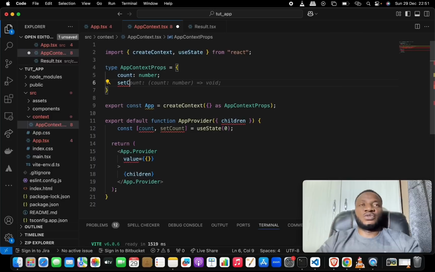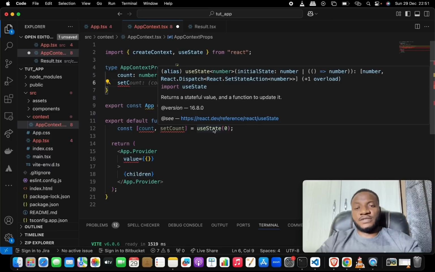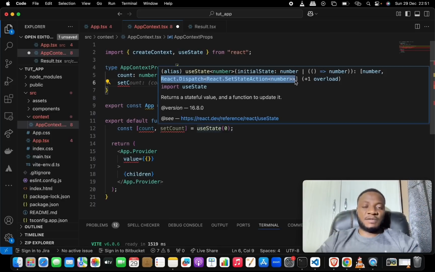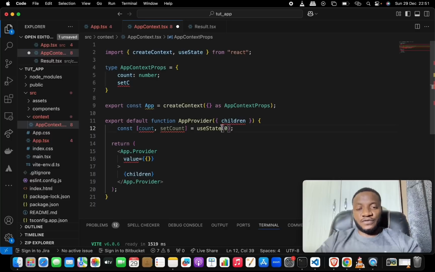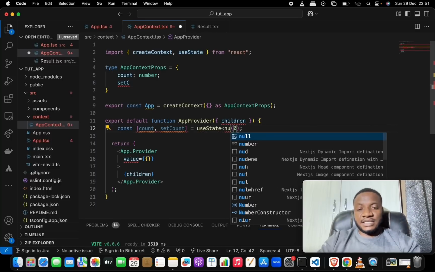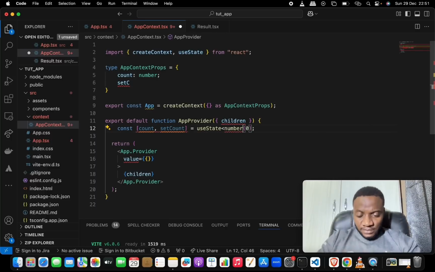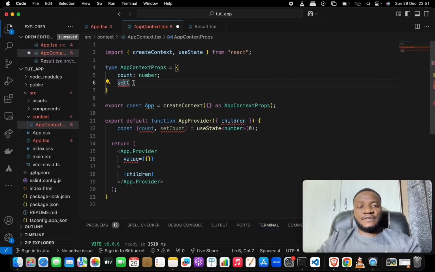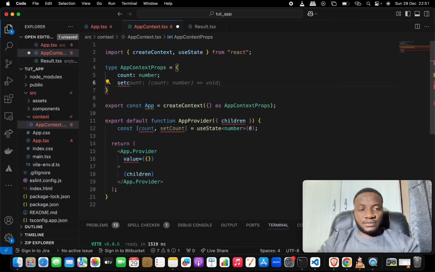We can specify this to be a dispatch like normal. So if you hover on top of this, it shows you a bunch of things you need to know, but this is what I'm talking about. So here we have react.dispatch, and inside of here we now have the react.state action and specifying that this is a number. So first of all, we need to specify here that this is a number, okay, and close the braces like so. Then for this set count like this, you could set it this way, but